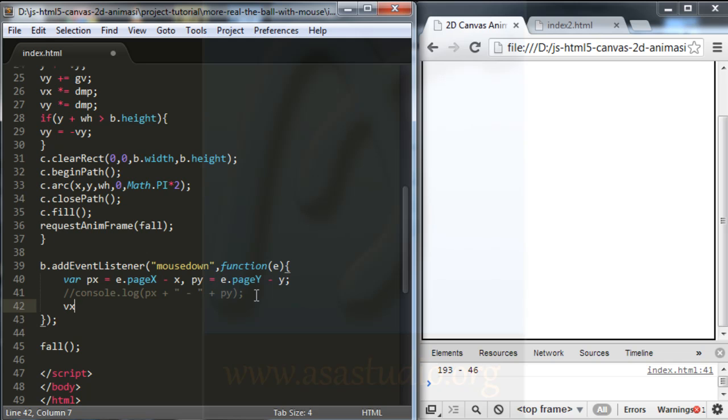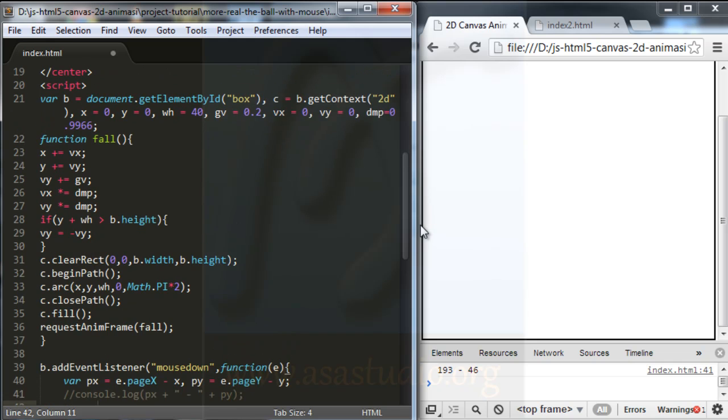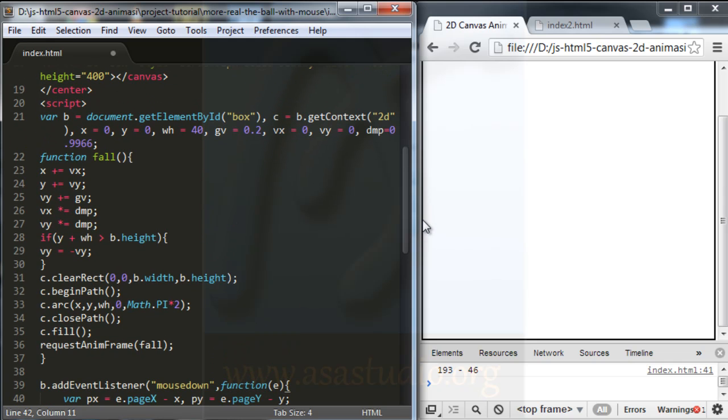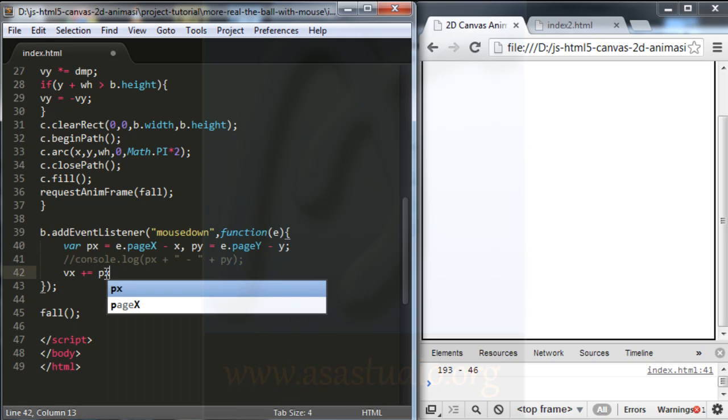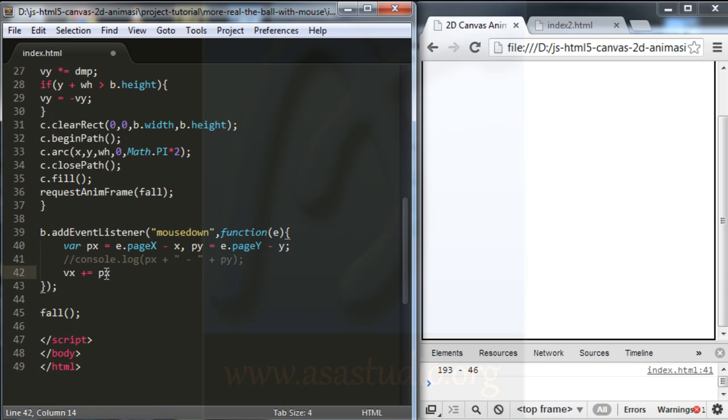I add Vx plus equal, and I think I need this variable plus equal px multiplied by, maybe I need a new variable.